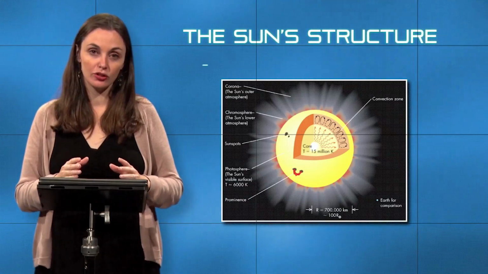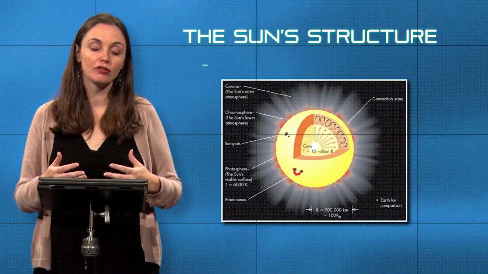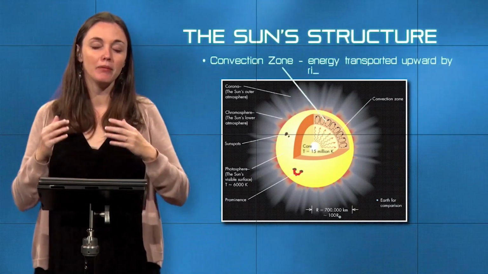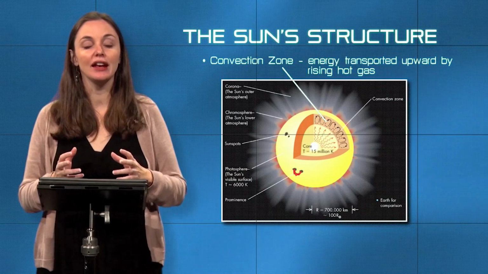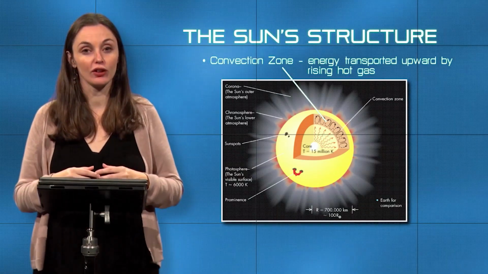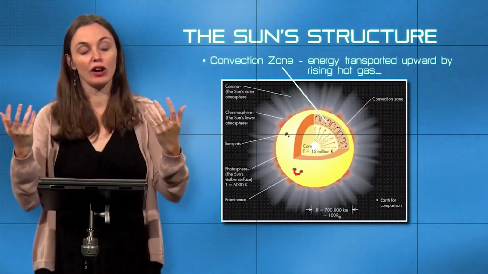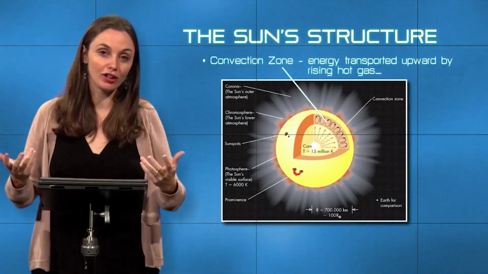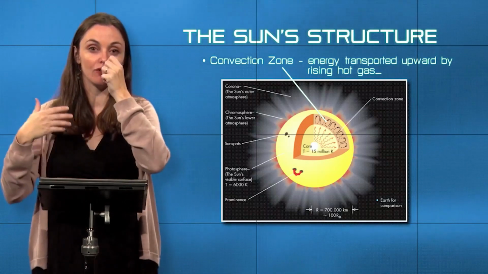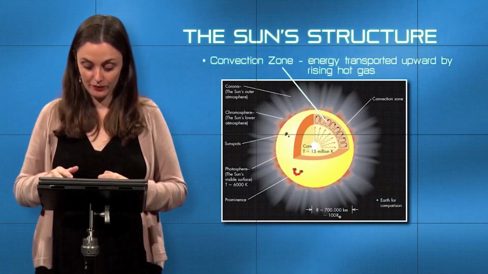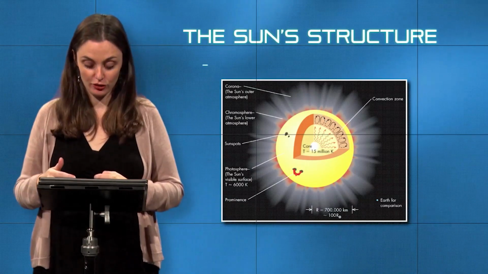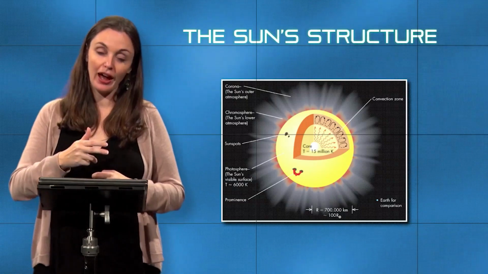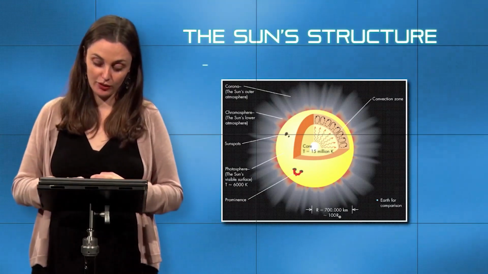As you get close to the surface, heat and energy is carried up to the surface, moved through convection. Very, very similar to the way that heat is transferred in the interior of the Earth. Hot material and hot gas rises up to the surface, cold material sinks back down to replace it, like a convection oven, convection in the atmosphere, convection in the mantle, and so on. This is just heat transfer by convection. And that's how energy is going to be moved from the radiation zone out to the surface and then eventually beyond the surface.